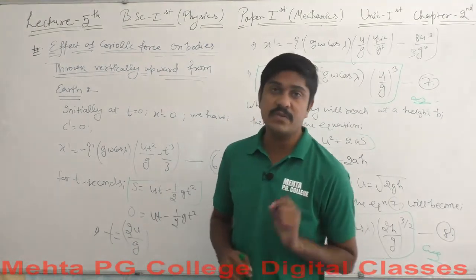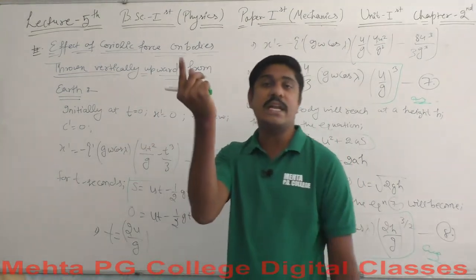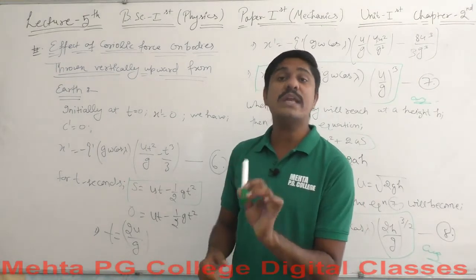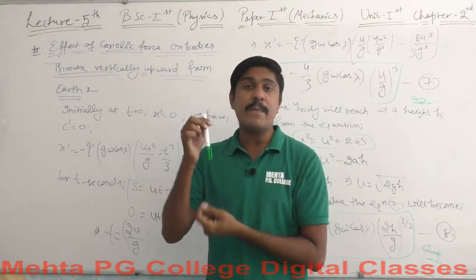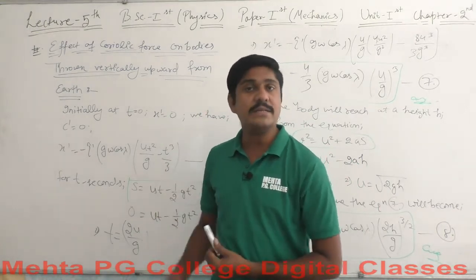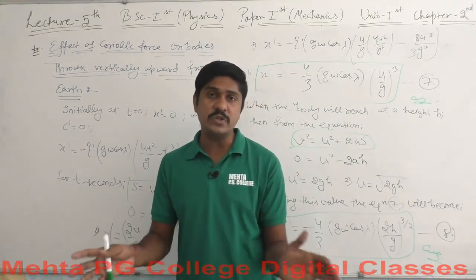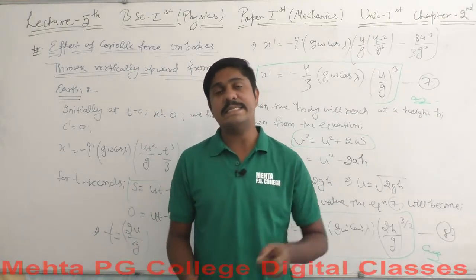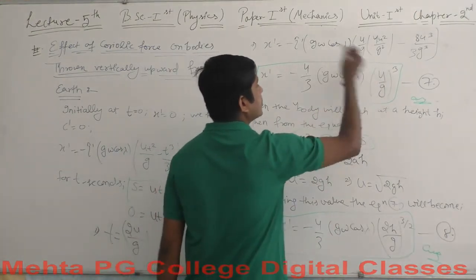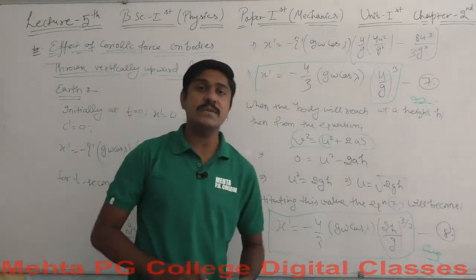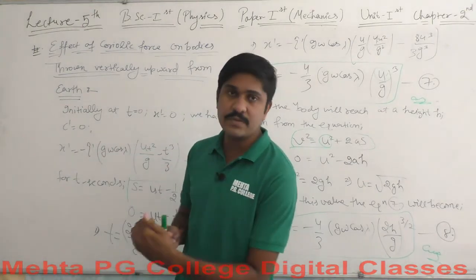Then a similar concept we talked about is the effect of Coriolis force on bodies which have been thrown vertically upward. After reaching a certain height, when the final velocity will be 0, these bodies will again fall back freely towards the surface of the Earth. That is pretty much similar to the previous topic, but the new thing introduced here is the concept of initial velocity. Let's say this is the u here, and this u which has been discussed here is the initial velocity. Also the concept of negative gravity is introduced here.